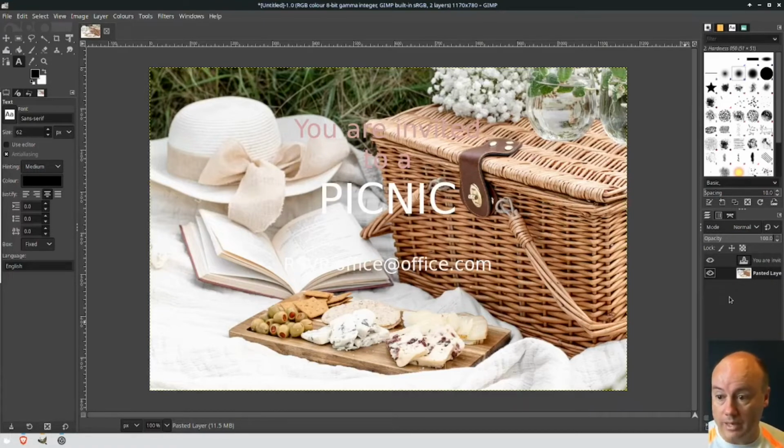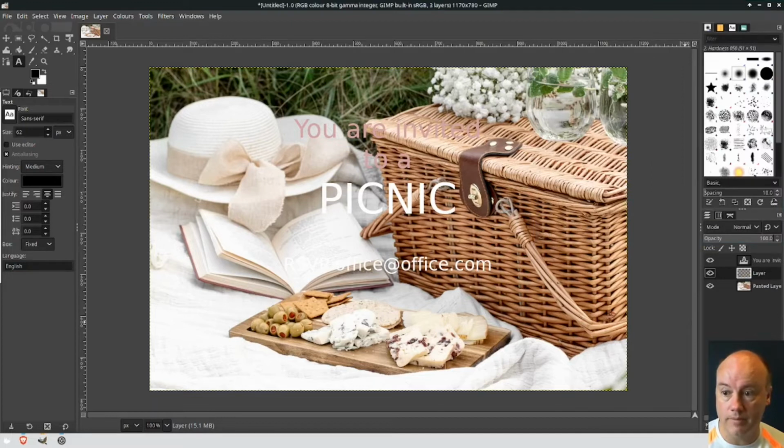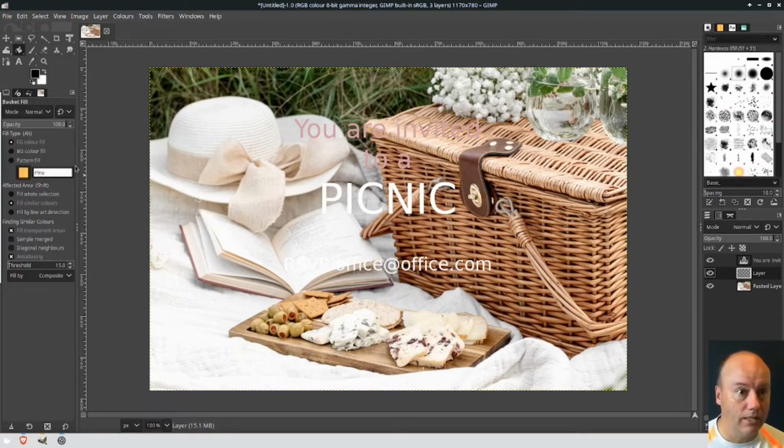I'm just going to right click in that box, New Layer, and say OK. And now you'll see that layer has been positioned between the image and the text. And if we go and change the tool now, we're still working with the text tool. If we go and click this one here, which is called the bucket fill tool, click on that, and